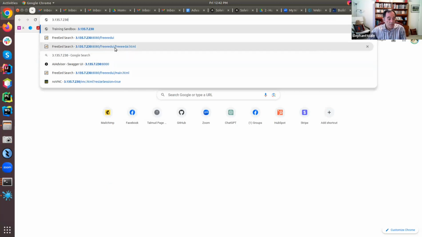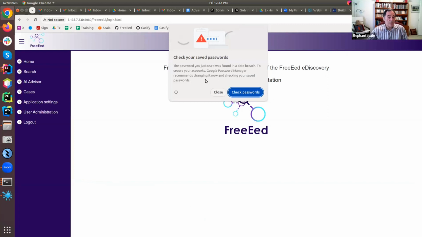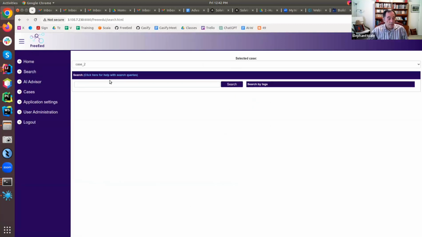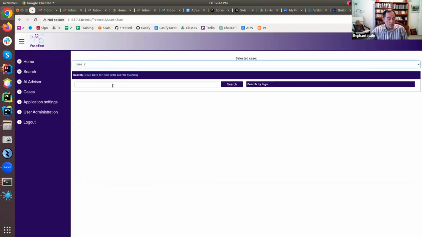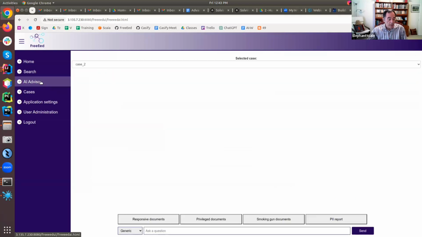When I'm giving something to people, I'm giving them a specific link. So what people get is this. They get this interface. So if everything works, you can search. Right now, there are 2 or 3 cases loaded, and each case is a collection of documents. So we can search, and we can see 2339 documents there, and then it's a regular search interface, more or less. But then you can also do AI, and you can ask